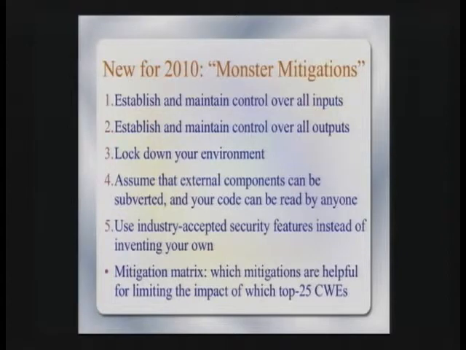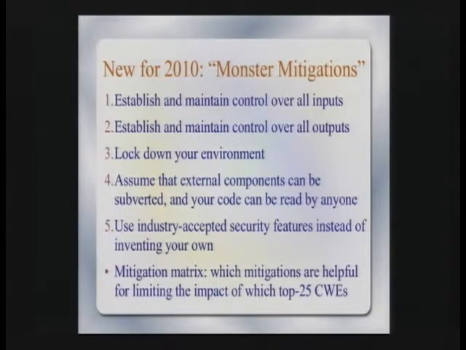And you should use industry-accepted security features instead of inventing your own, because they're tricky to get all right. So if you try to do them yourselves, there's a great risk that you'll miss one little detail.